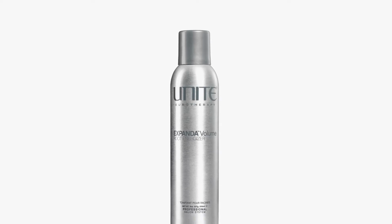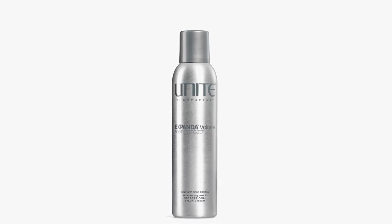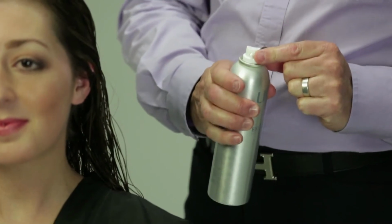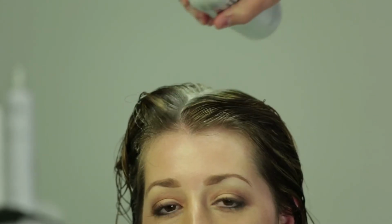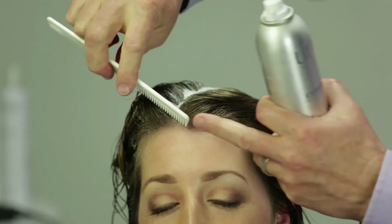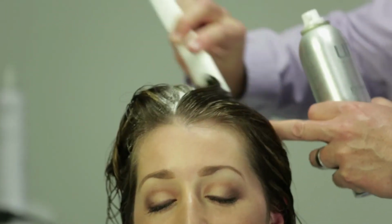Expander is a styling agent in our line that creates immense volume at the root, a root energizer. How does it do that? Well, we have a direct nozzle on the can which you point down at the root. Spray 1 to 2 inches up the hair shaft. I would tend to take fairly large sections as opposed to fine sections and distribute it throughout the hair where